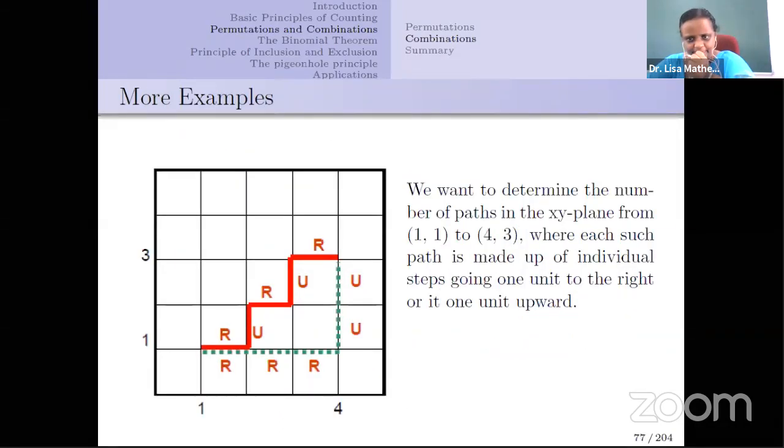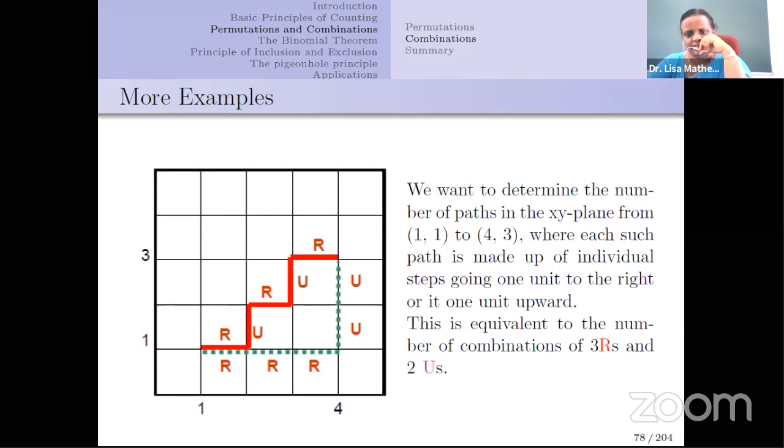One more example. Suppose I want to count the number of paths in the xy plane from the point (1,1) to the point (4,3), where each path is made up of individual steps going 1 unit to the right or 1 unit upwards. Now this is equal to the number of combinations of 3 R's and 2 U's. And so basically what I want here is I have 5 positions. I have to write a sequence of 5 positions. In each position,